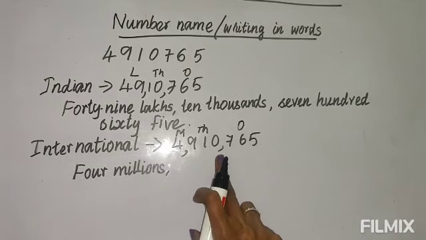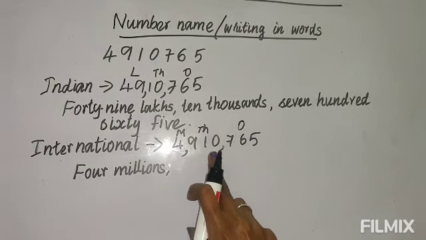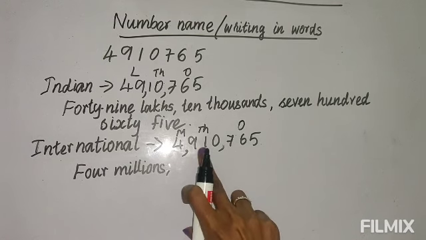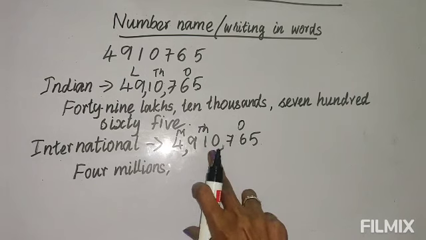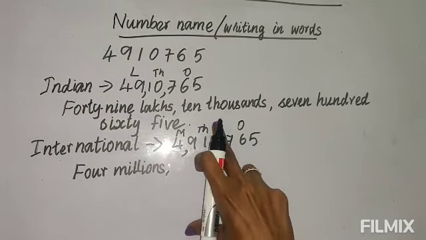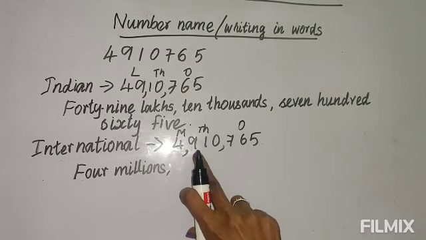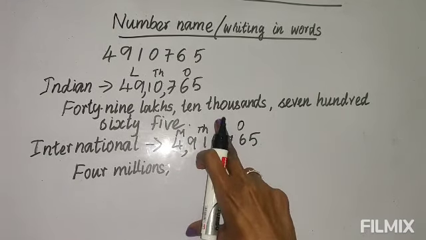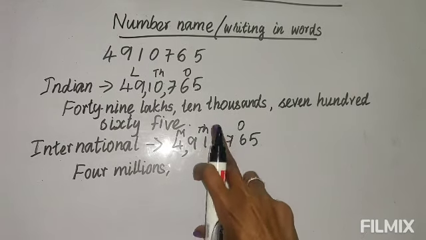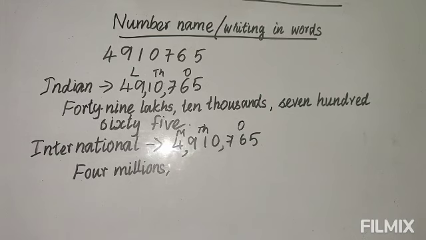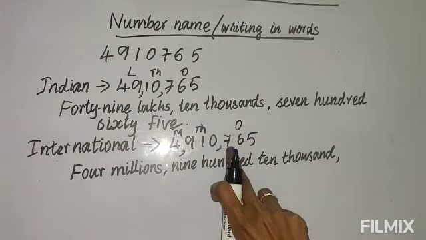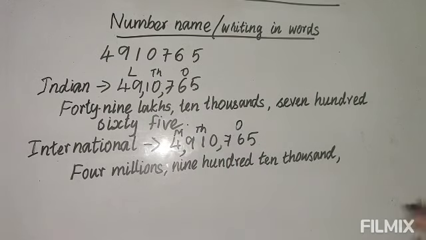Now see from the comma up to the next comma, there are 3 numbers. How do you read these 3 numbers? 910. Only 3 numbers are there. You read it 910, and this is in the thousands period, so you have to write 910 thousand. Again the period name you have to write, thousand. After this, the ones period is as usual, only 765.